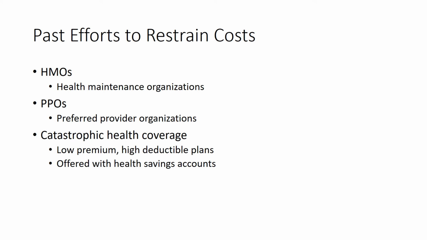Well, some of the past efforts included things like HMOs, PPOs. An HMO, health maintenance organization, creates a provider network where your primary caregiver acts as a gatekeeper. You go to your primary care provider. If you need to see a specialist, he refers you to a specialist provider within your network. And the HMO will only cover treatment within that network of physicians who've signed on as part of this program. If you go outside and see a physician not part of the network, you have to pay everything out of pocket. It will cover nothing.